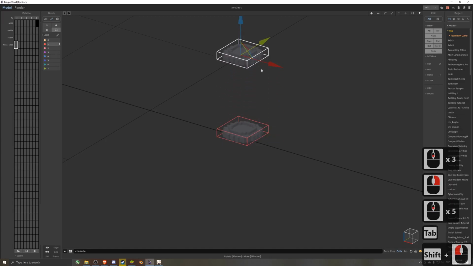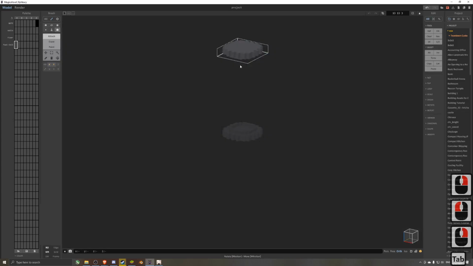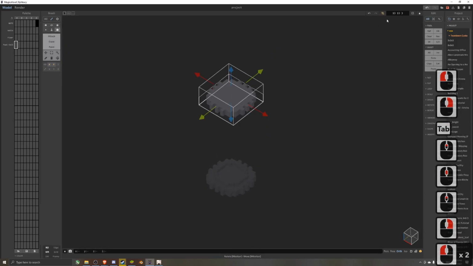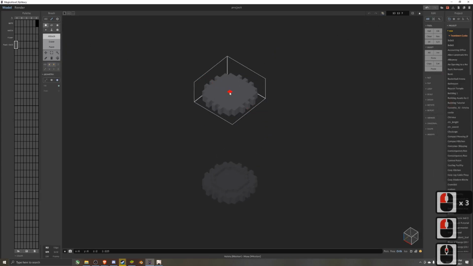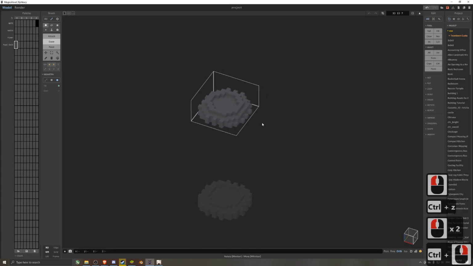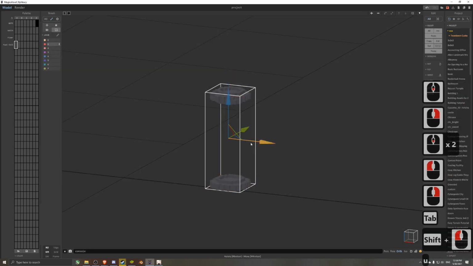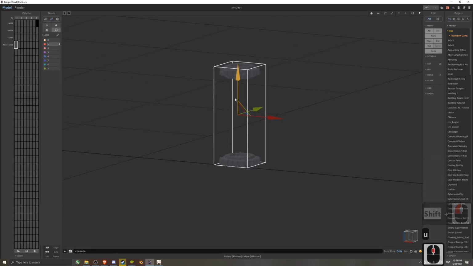And then just drag this up, flip it around. Create a top that looks cool. Combine the two objects, and